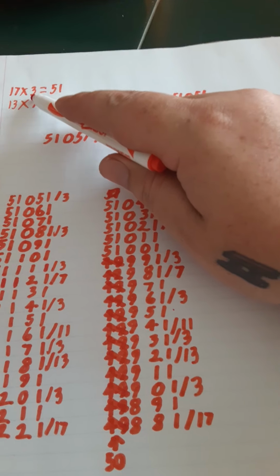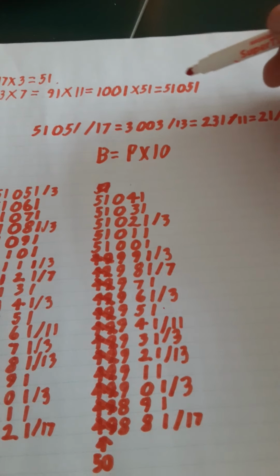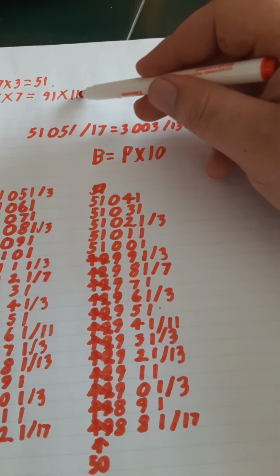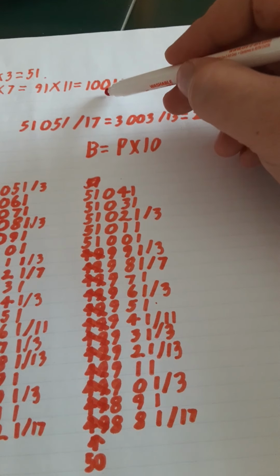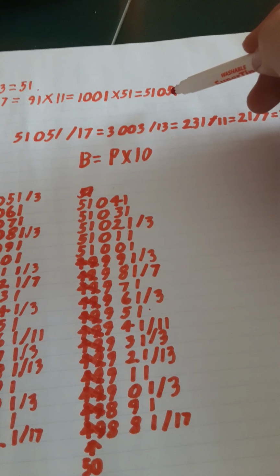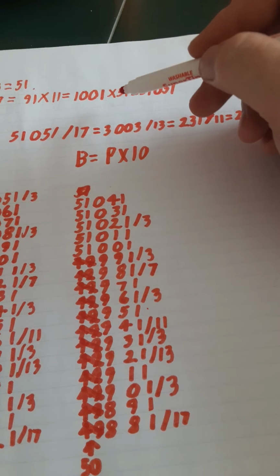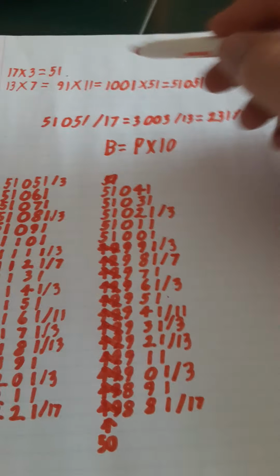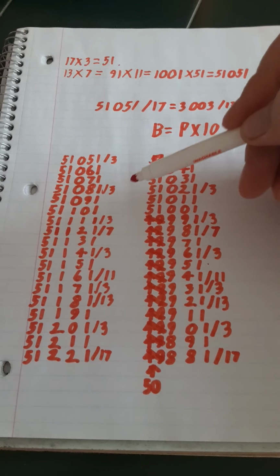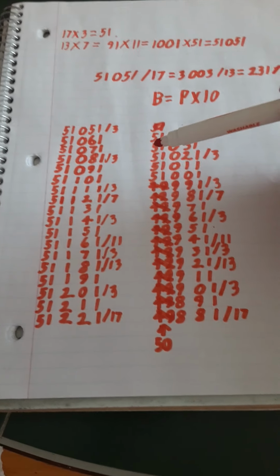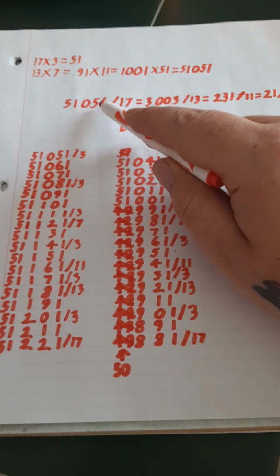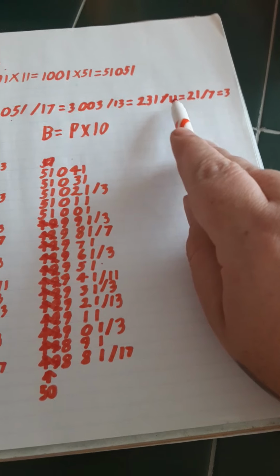You got to times 17 by 3, 51, because you want all the numbers to end in 1. 91 times 11, 1011. 1001 times 51, 51,000. But then when you take the time to write it out, 51,051 is divided by 17, 13, 11, 7,